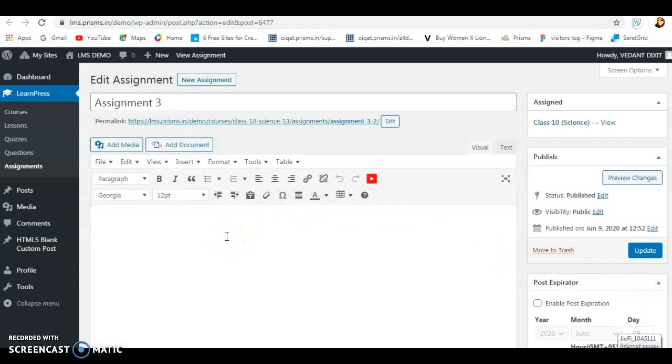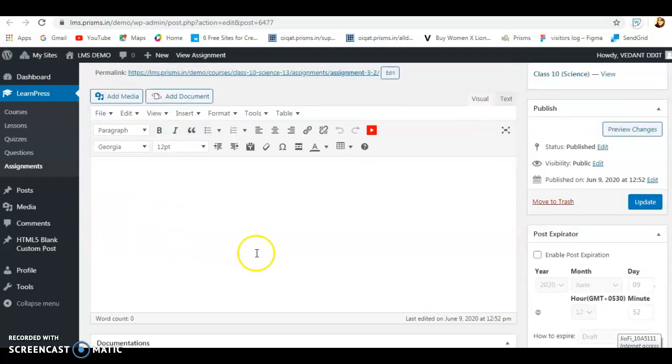So now in this assignment, if you want, you can directly copy paste your questions over here, or whatever you want to type, you can directly copy paste the text over here. It's in a better view, and also you have options of adding special characters and different kinds of fonts. I'm just typing one.